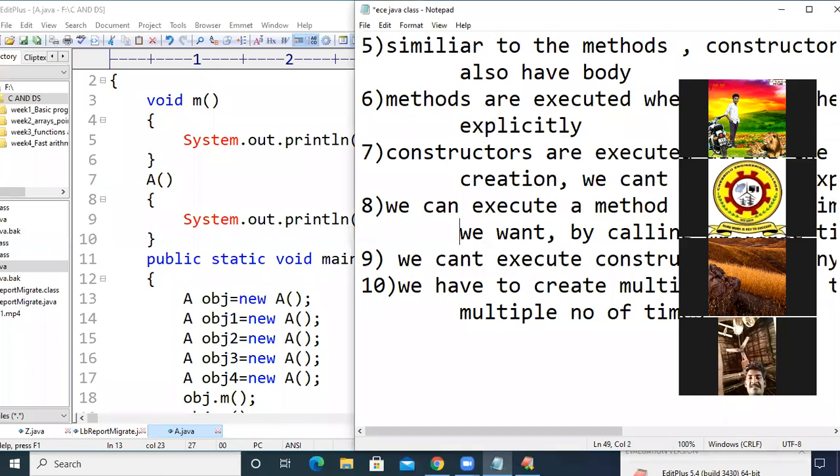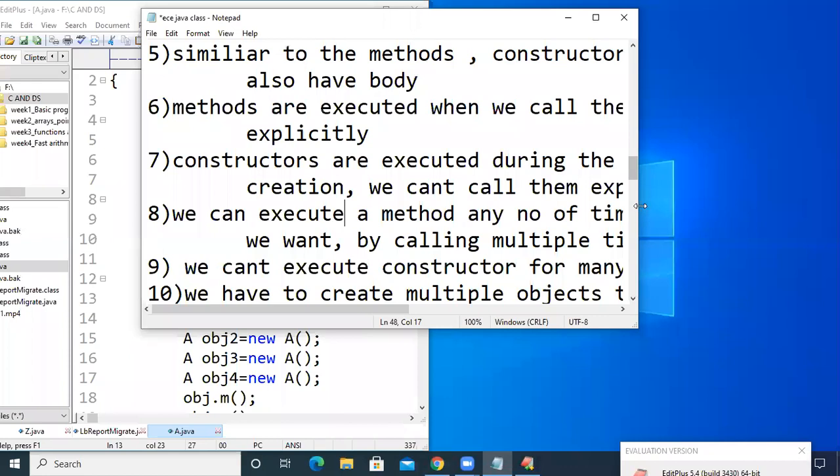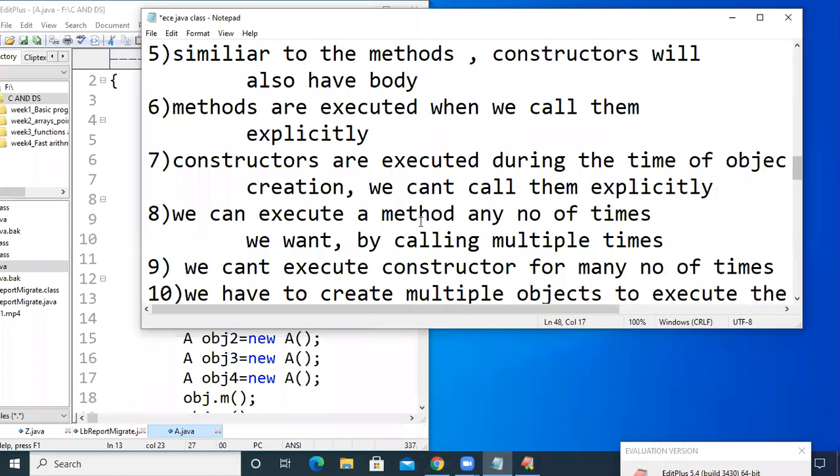Right, we can't execute a method any number of times. Just a second. We can execute a method any number of times that we want by calling multiple times.